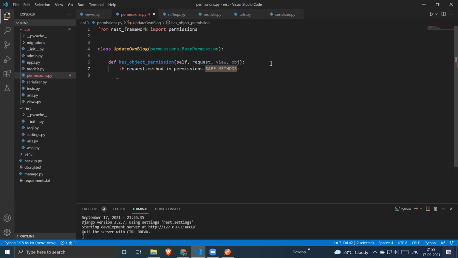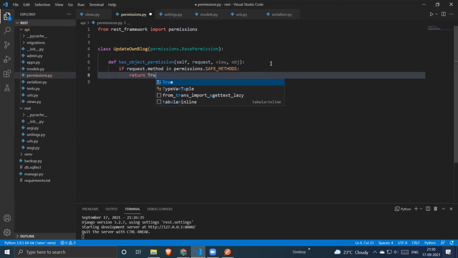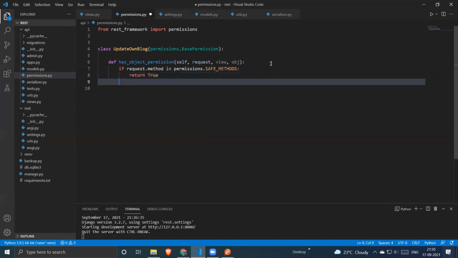So the methods which do not modify your database are termed safe methods. In our case, it is only one method, which is the GET method. So if the method is GET, then simply return true. So if someone is asking for the entire list, then that's fine.